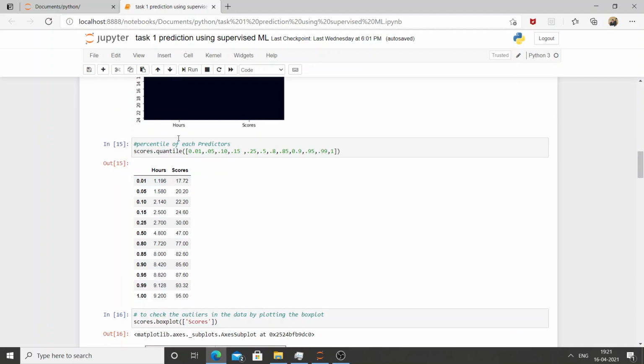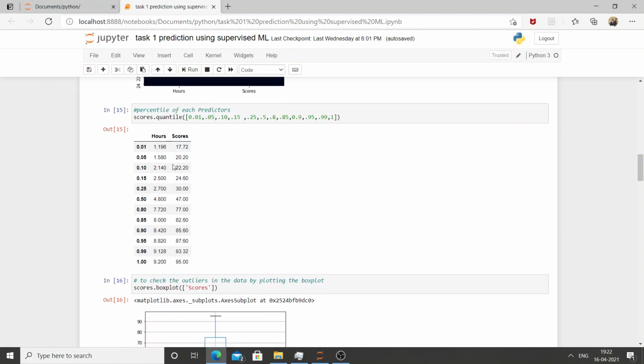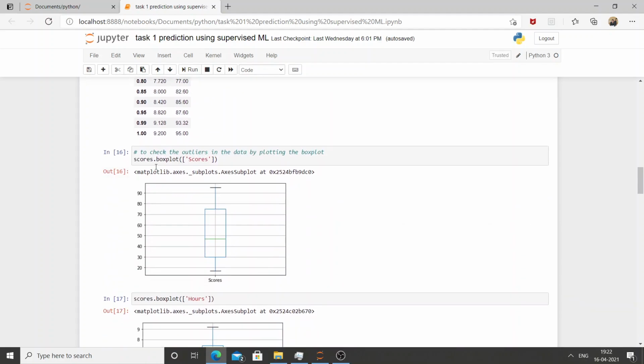Now find out the percentile of each predictor with the use of this function, and also check for outliers in the data by plotting the box plot.